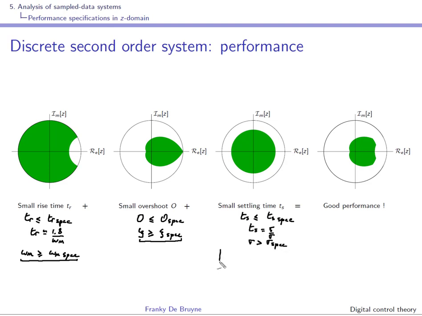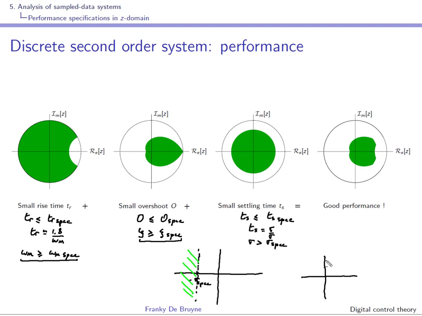So in the Laplace domain, this is how it looks like. We have the sigma spec, and the region of good performance is over here,